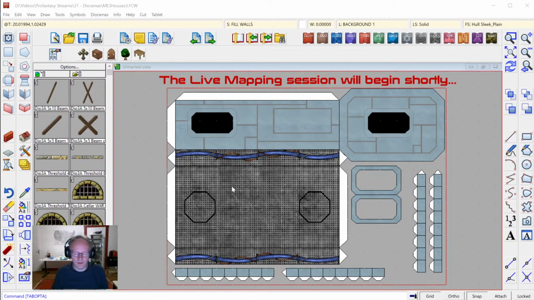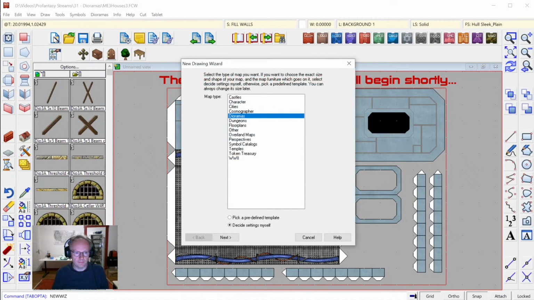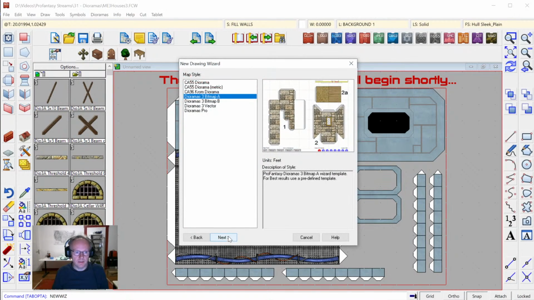and I'm gonna show you how to utilize those in Dioramas 3 tonight. But to start out, we need to create a new map, and for that, as usual, we go up to our file toolbar up here with all the file operation commands and all the add-on buttons showing on the right, and we click the new map icon. Dioramas has its own map type listed here. I see it's already pre-selected because I was using it, and from there we're just gonna click next,